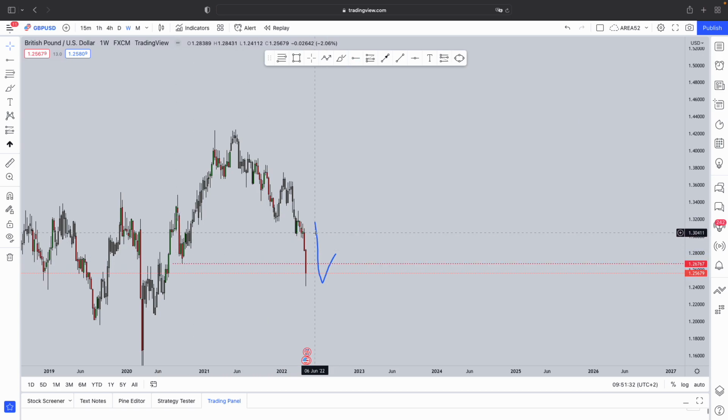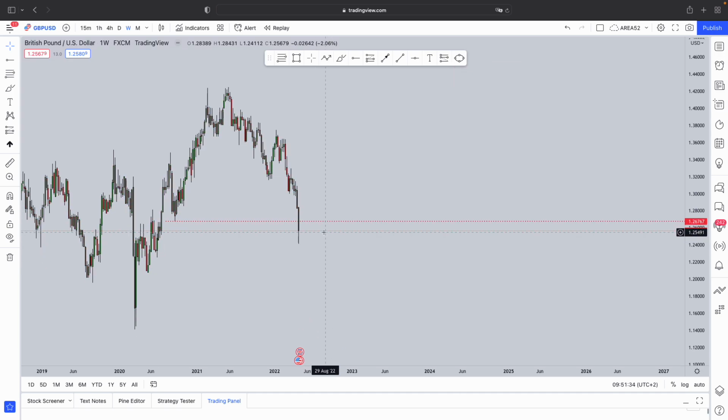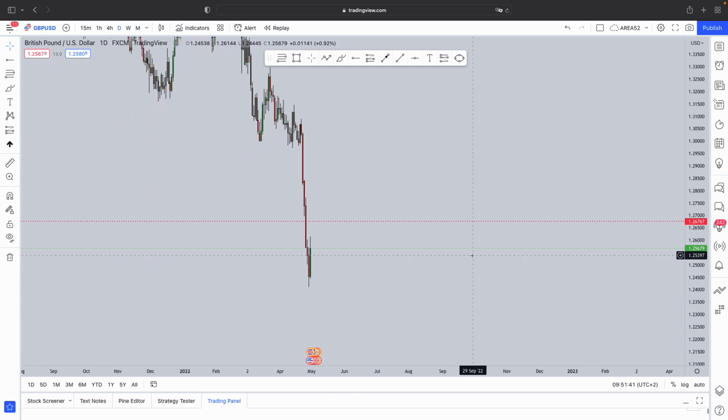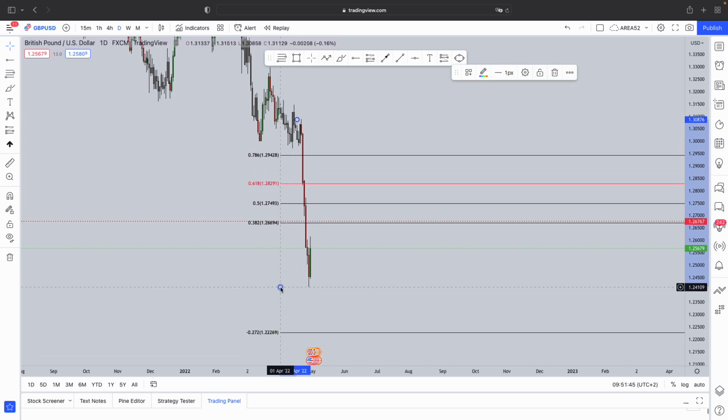that is now turned as resistance, but there's also a high possibility for this market to continue lower first before we can expect that continuation to the upside. If you drop down on the daily time frame, what do we see? Now from a daily perspective, the market had already started this impulse. Now if you take your Fibonacci once again there,